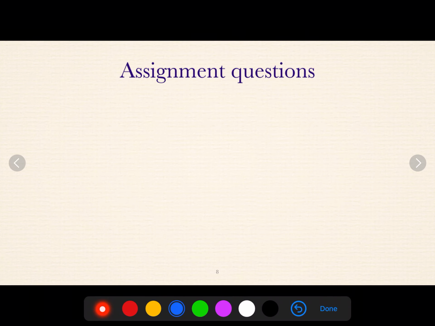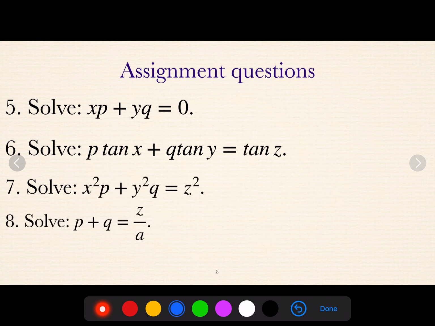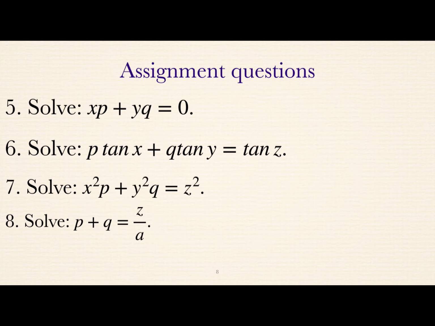Okay. So, now based on this I have given a few assignment questions here. Work out all the questions properly. There are a total of 8 assignment questions. 4 I have already given the solutions for; include those 4 also in your assignment copy, and then start solving the other 4 questions. Okay. In the next video, we are going to discuss the problems where variable separation is not possible, that is, which we can solve by using multipliers. Okay. Thank you.